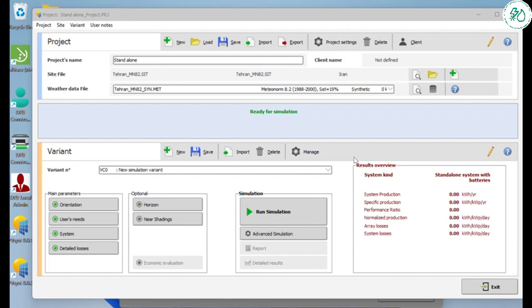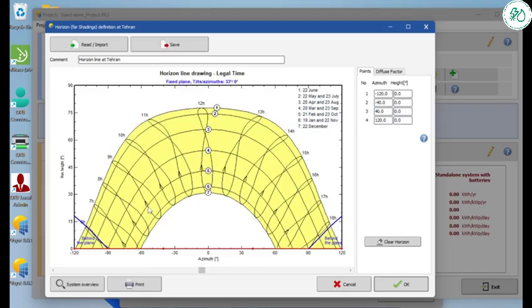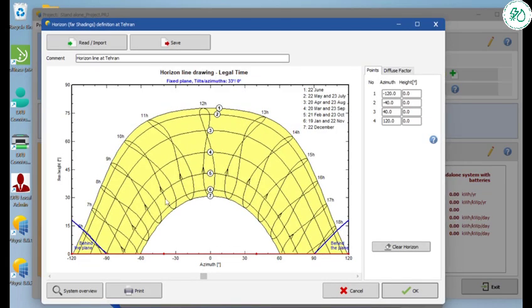Go to the next step. As you can see, it's ready for simulation. We can run simulation here, but I talk about optional parameters in the PowerPoint presentation. It isn't mandatory, but you can enter them to have a more accurate